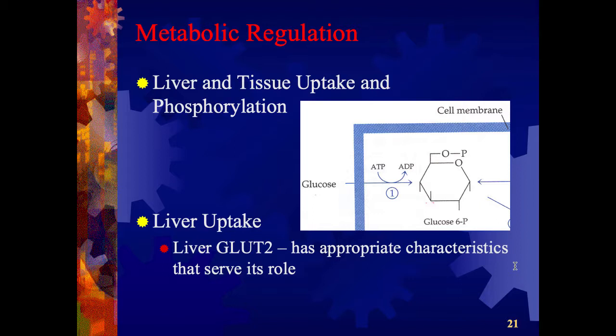Number 1, it has a high Km. We've all been in those lectures where I went, yeah, what's a Km? Oh, it's K-less mint. And I'm like, all right, I'm in nutrition. So we'll talk about that in a second. For now, let's just say high